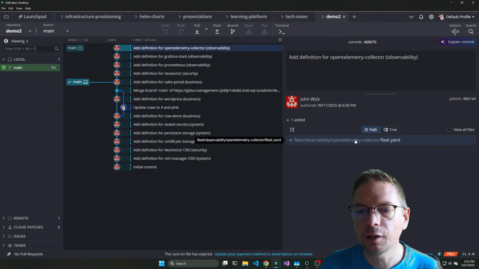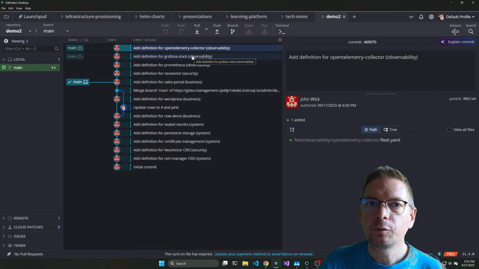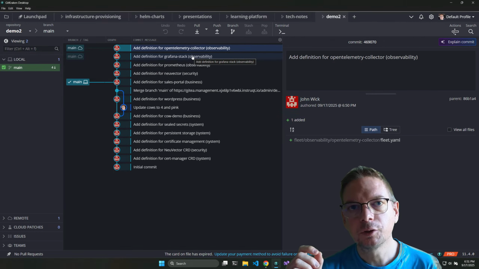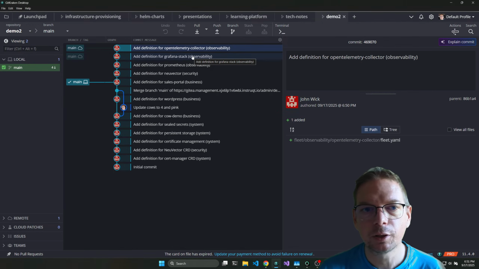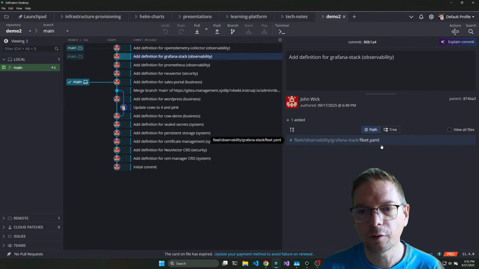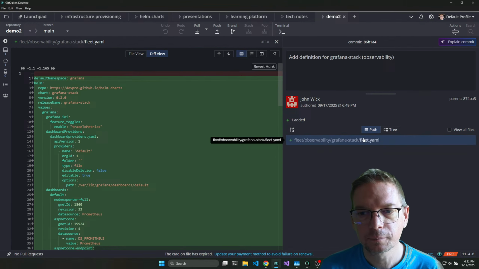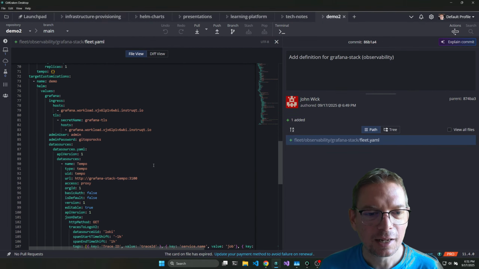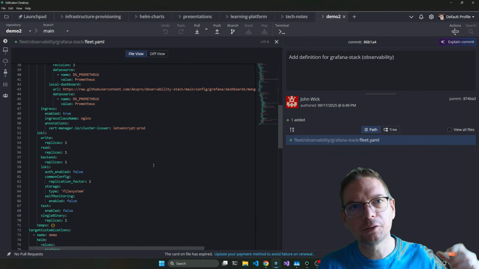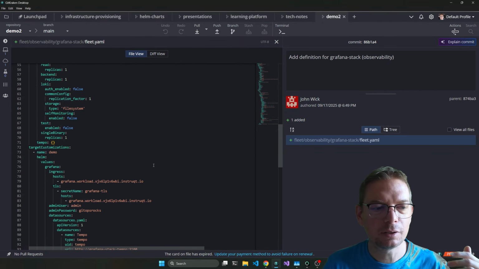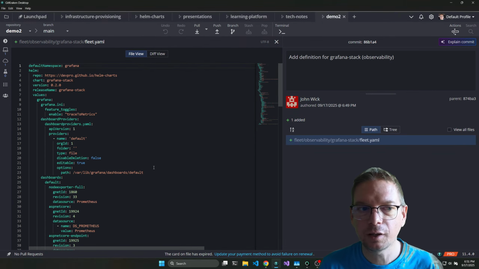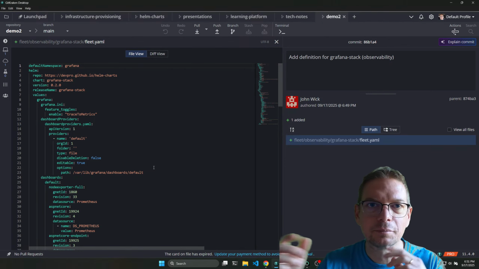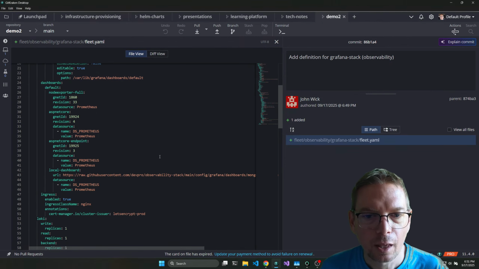You will have to define these files, but what is very great with the GitOps approach is that you do it the right way. For example, for the Grafana stack, if we look at this file, it was not easy to make for me, to be honest with you, because I was using OpenTelemetry and all the components, and I didn't find something that was making all the configuration for me.